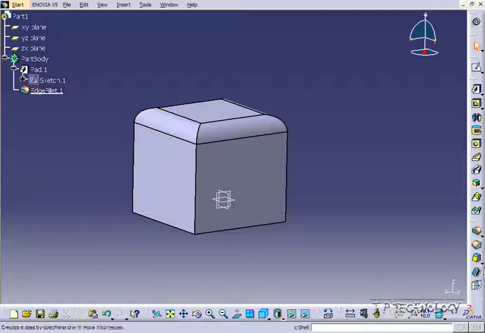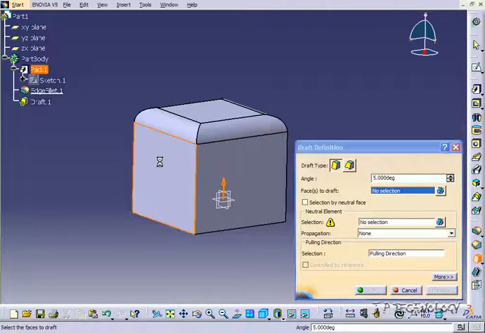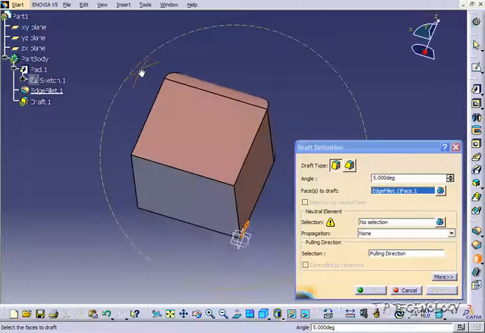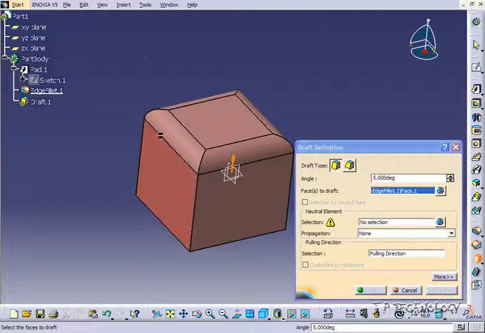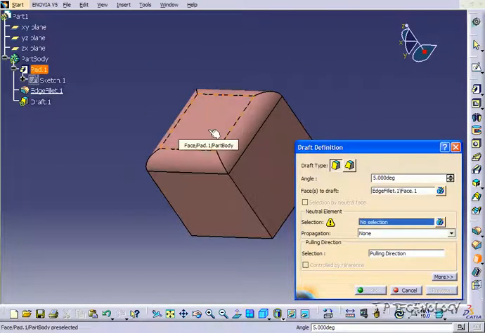Just to show you, let's do a draft angle on this guy. So click draft angle. Now we want to pull this face out here, so we'll click this face here. And you can see, due to the fillets, it also selects all the faces all around. If I try to choose the top guy as the